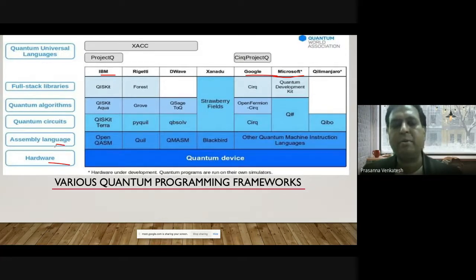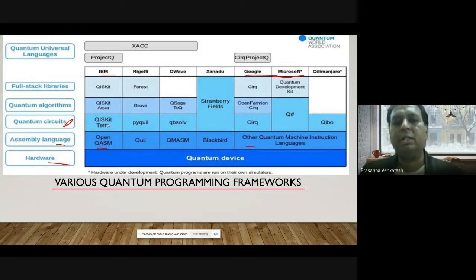We will touch upon this assembly language shortly, but effectively different assembly languages are being used, such as OpenQASM, and other quantum machine learning algorithms were used from Google and Microsoft. And there is an interesting thing called quantum circuits. We will cover quantum circuits in depth, and we will see some examples of how we create them in the code examples.